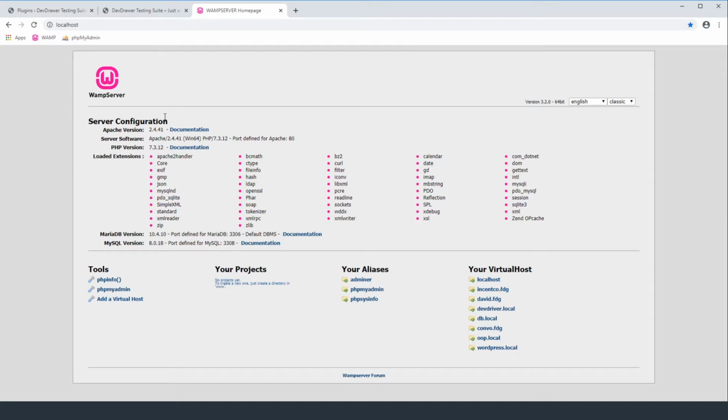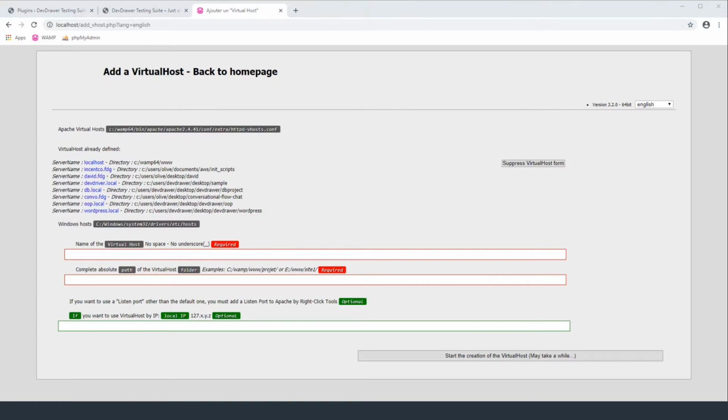In your instance, you would create a server on your staging server, whether it's in the cloud or on an actual Linux server, or the production, the .com version of it. But for this purpose, I'm going to be duplicating from this WordPress.local to duplicated.local. So I'm going to add a virtual host, and inside of my dev drawer folder, I went ahead and created a folder called duplicated. We're going to paste that folder in here, and then we're going to do